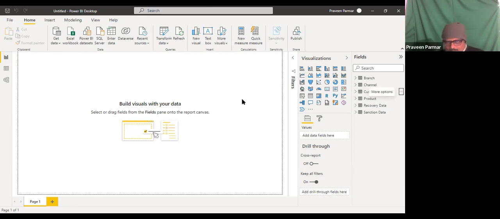Because now the work we do is with the DAX queries. DAX is a language for many key Microsoft tools. Power BI also uses DAX queries, which are based on functions only, like the Excel functions that we use here in DAX. It is a language of Power BI. So where we use it, I will explain you first.